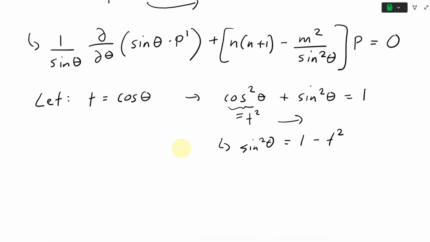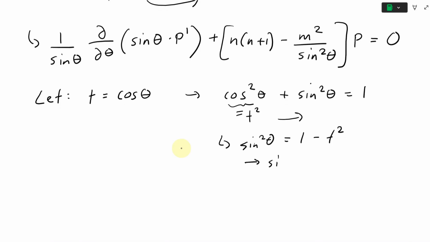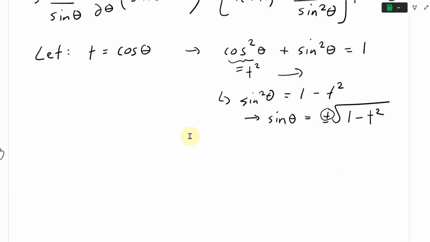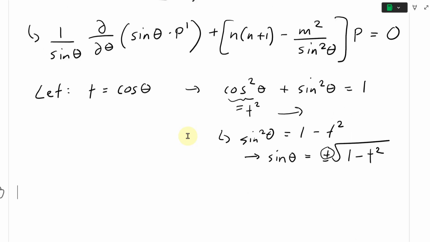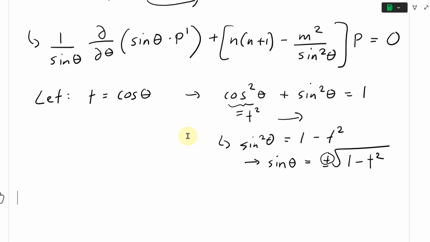In other words, sine theta is equal to plus or minus the square root of 1 minus t squared. All right, and let's just take the positive value on this one. Typically that's usually what happens, but I always show the plus or minus just because it's always there. But anyways, everyone just takes a plus sign. So we take a plus, and so what that means now is